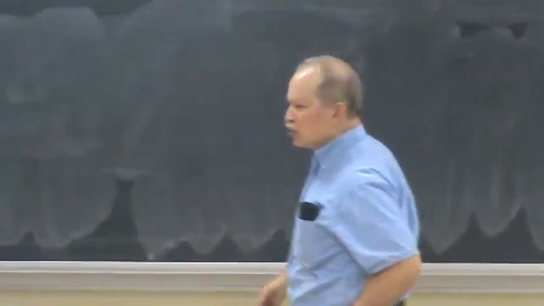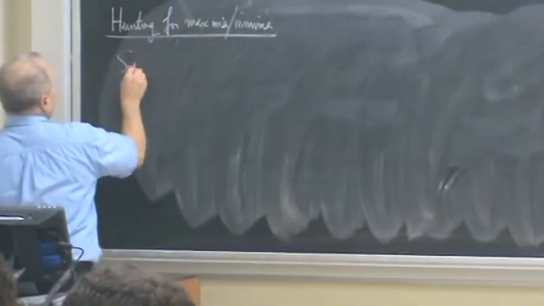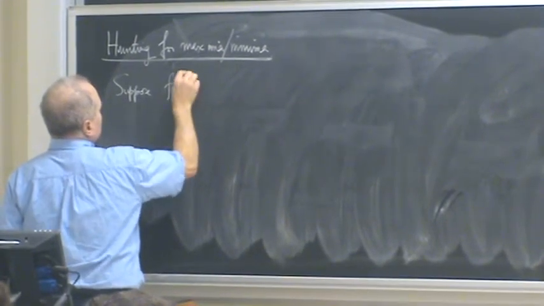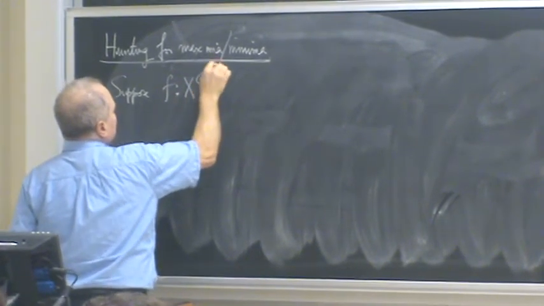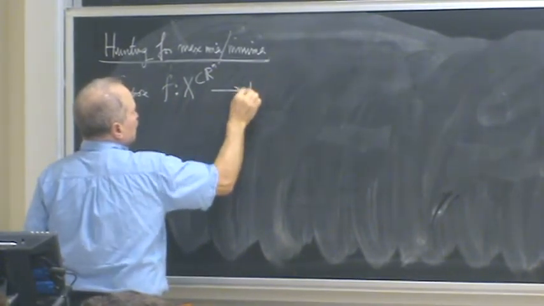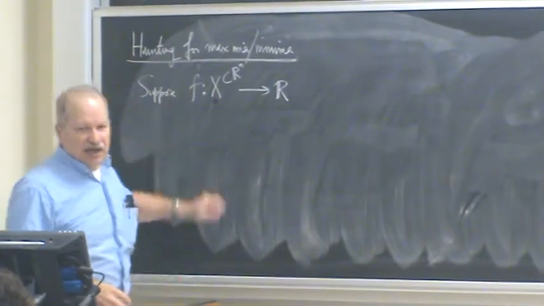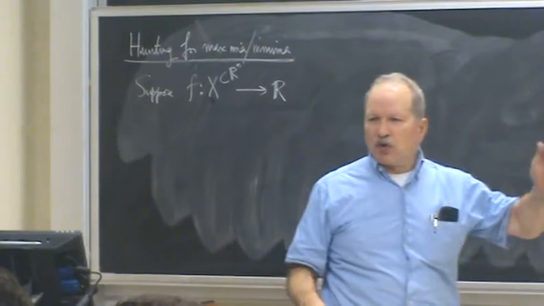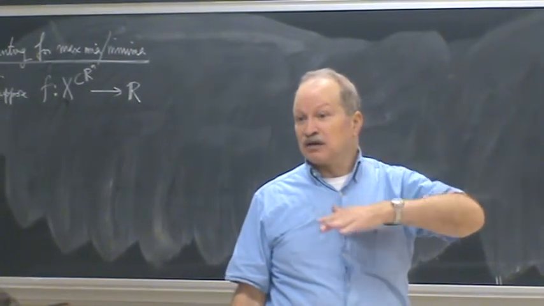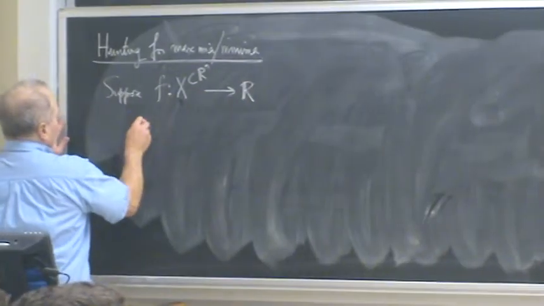So I want to introduce a little bit of terminology. What do we mean if you have a function on a domain in Rn, and I'm not saying anything particular about the domain at the moment, it's real valued. What does it mean to say a point in that domain is a maximum point, minimum point, local maximum point, and local minimum point? So let's say f